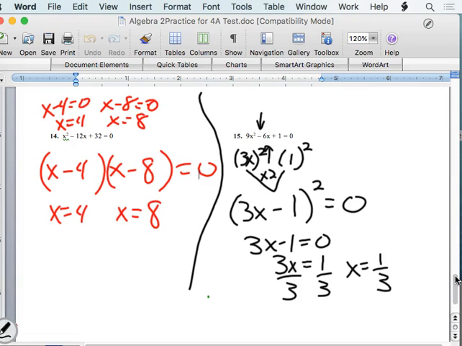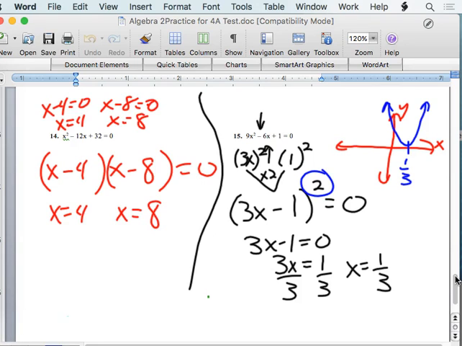Now, why did this one just get one answer and all the others had two answers? Because if we graph it, what we're going to see is that this parabola hits the x-axis at 1/3 and bounces off. That's called a tangent. So it's tangent at that spot, and it gets to count for 2 zeros because of that little 2 right there. And that completes the practice test for the test of chapter